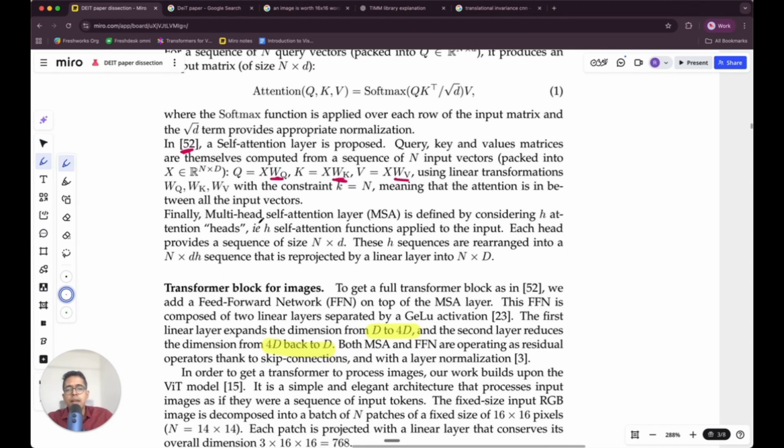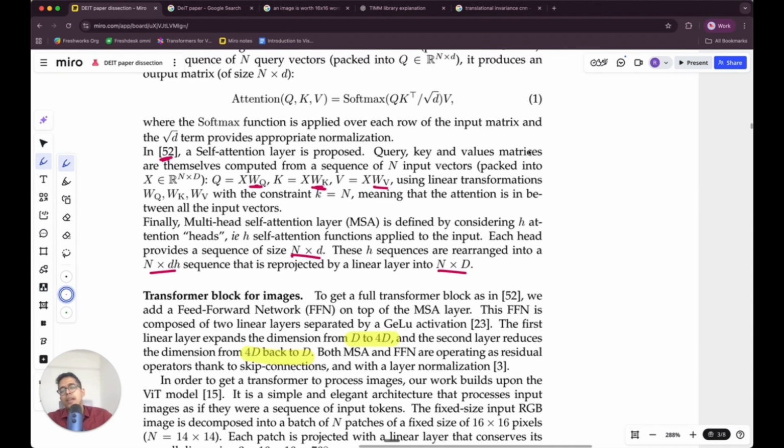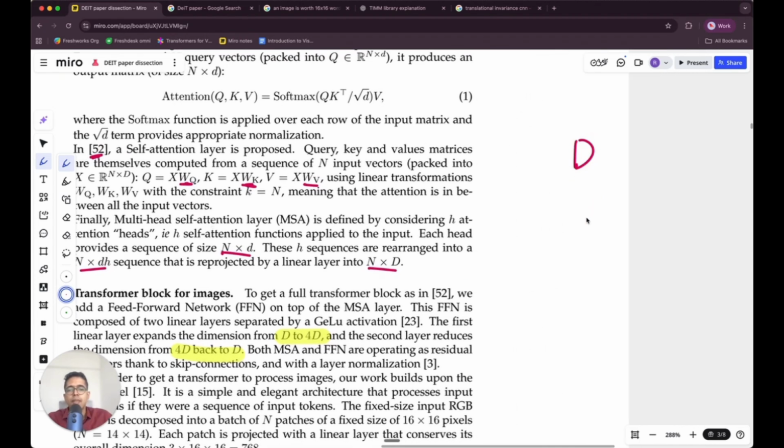We know this. Finally, the multi-head self-attention layer, MSA, is defined by considering H attention heads. So multi-head self-attention means H self-attention functions applied to the input. Each head provides us a sequence of n by d, where these h sequences are rearranged into an n by dh sequence, and then it is projected to n by d. So basically, if the final dimensionality is d, and